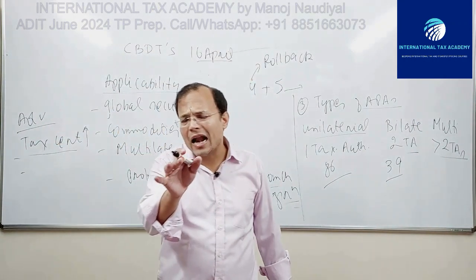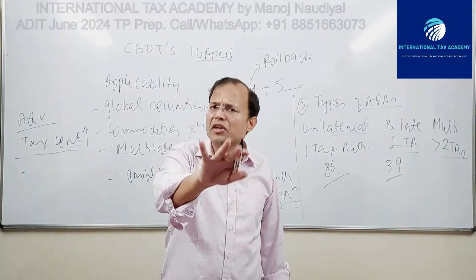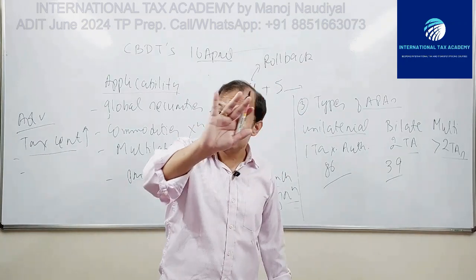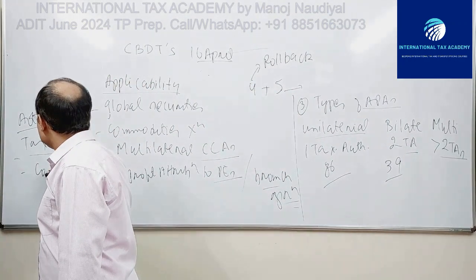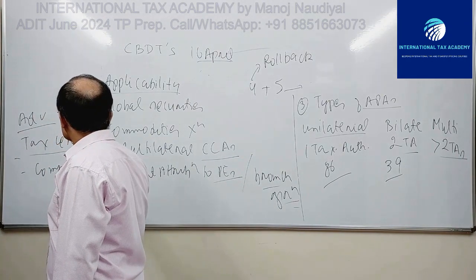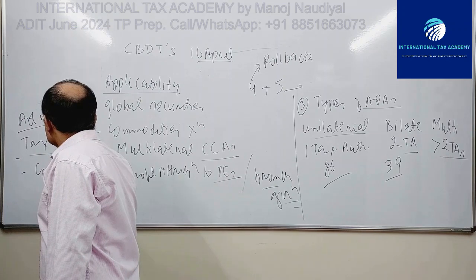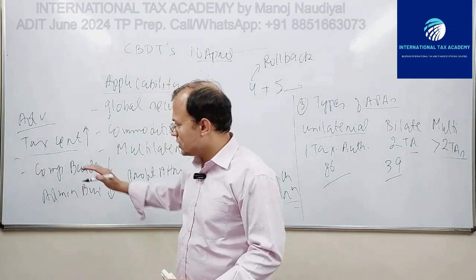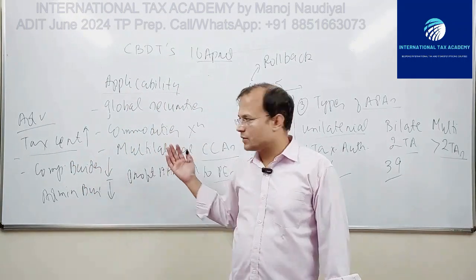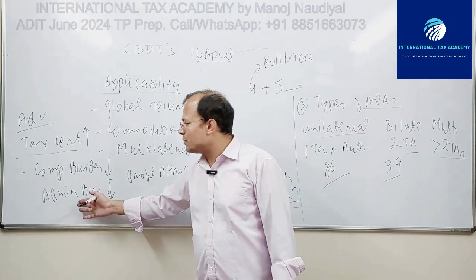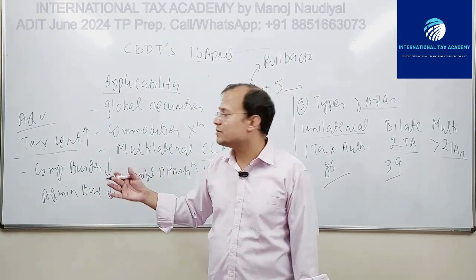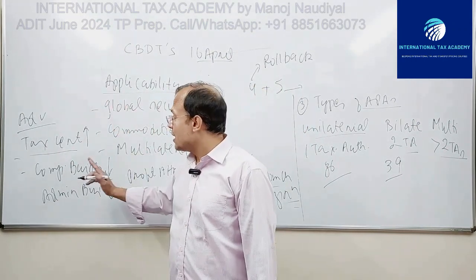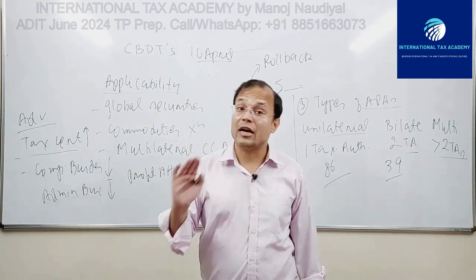Number two, even the administrative compliance burden of the MNEs is also reduced to an extent, as well as the administrative burden of the tax authorities, which is also reduced to a certain extent, right? So compliance burden as well as administrative burden of the tax authorities, they both reduce. They don't become zero. Taxpayers still have to comply with the provisions of the APA, and tax authorities have to monitor the compliance by the MNEs, but burdens are definitely reduced. Fine. Tax certainty enhances, compliance burden reduces, administrative burden of tax authorities also reduces, and